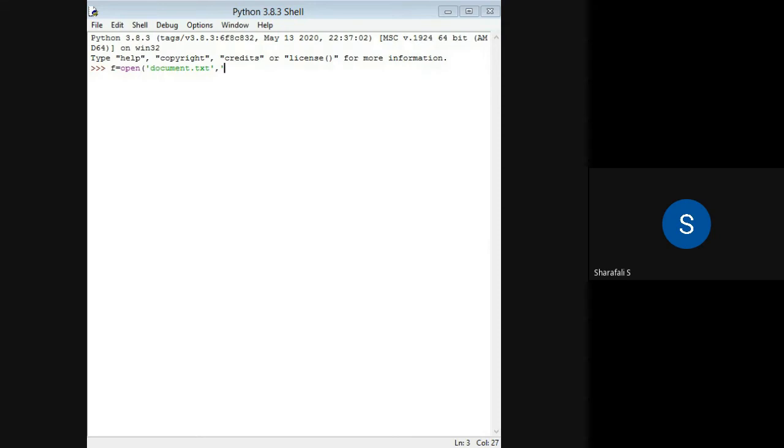I have to open that in read mode. So I will put r and press enter. So here I will be opening that file as f. Okay, and now